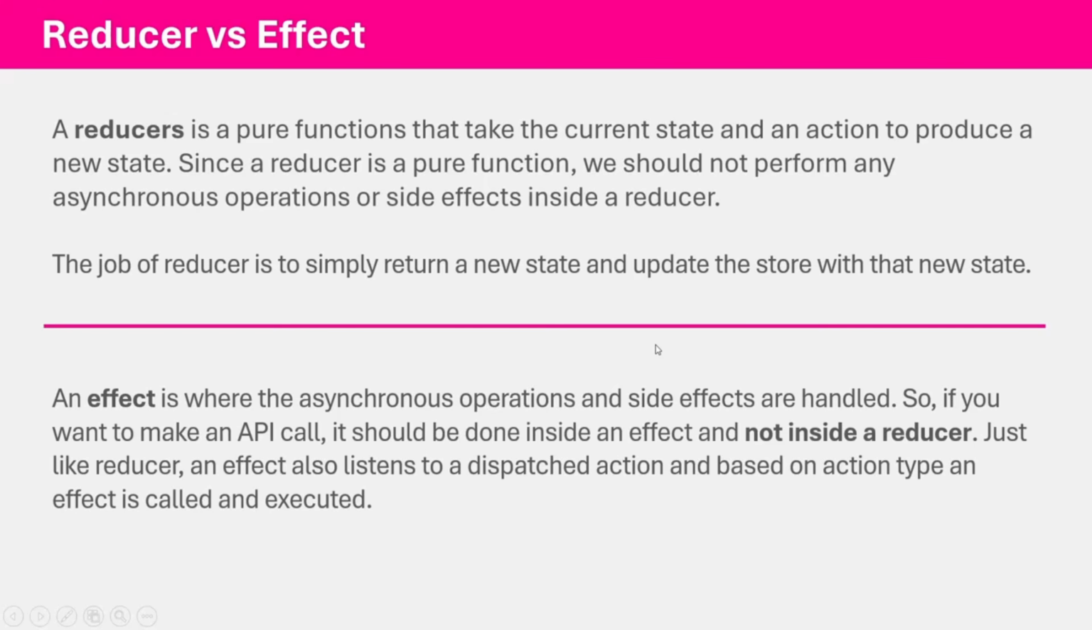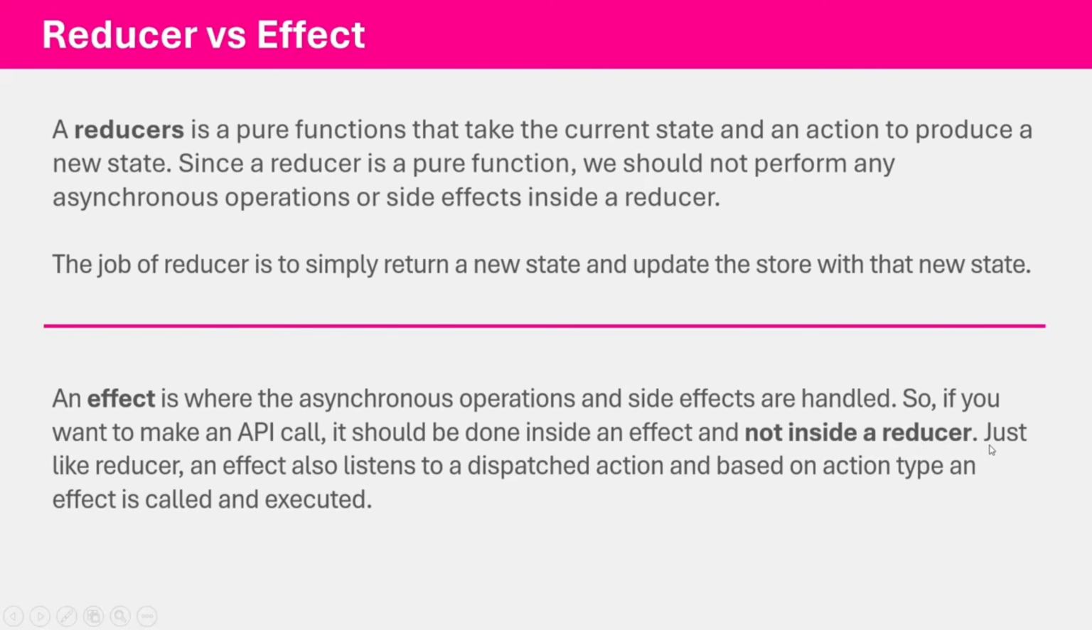So remember that a reducer is a pure function that takes the current state and an action to produce a new state. We have already seen this in our previous lectures. And since a reducer is a pure function, we should not perform any asynchronous operation or side effects inside a reducer. The job of reducer is to simply return a new state and update the store with the new state data. On the other hand, an effect is where the asynchronous operations and side effects are handled. So if you want to make an API call, it should be done inside an effect and not inside a